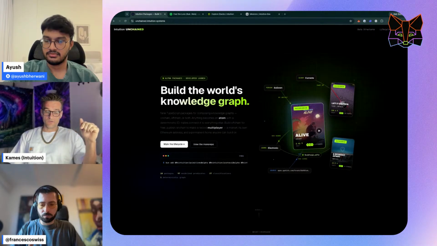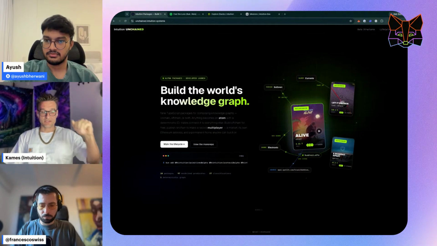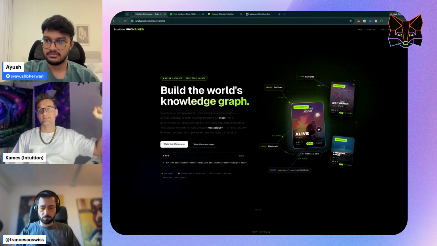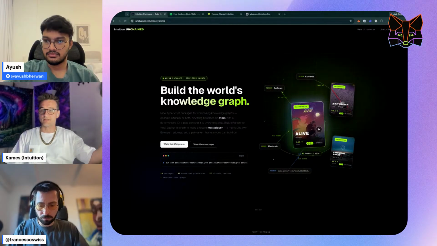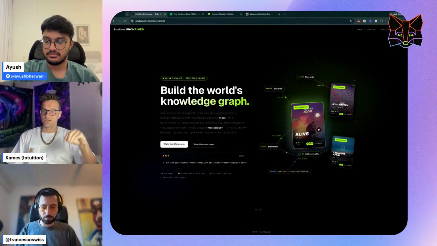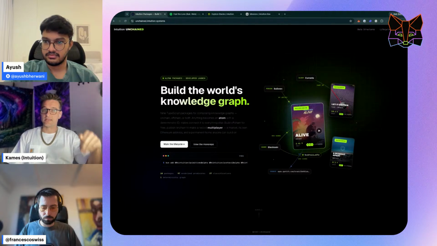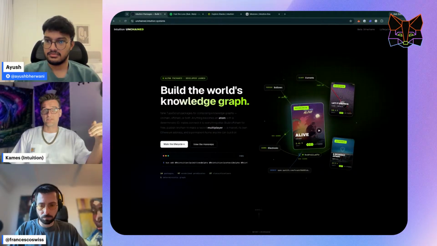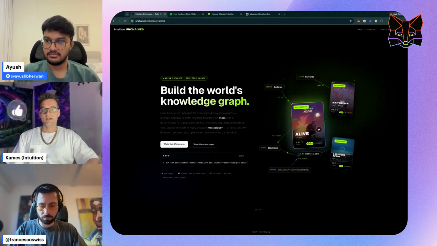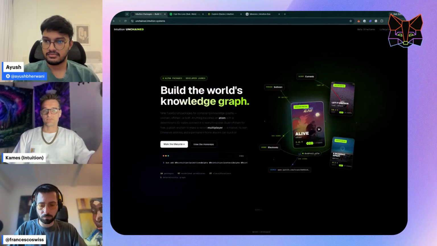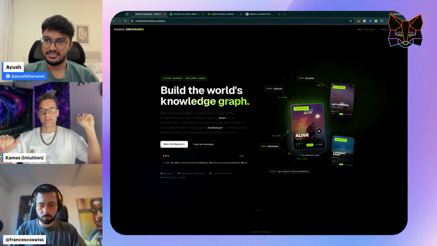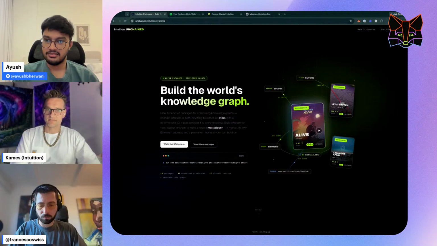But where we believe crypto is the most interesting is, we're not going to get that perfect. And so the way to overcome that is with markets, with capitalism: ultimately users decide what is the canonical reference or the canonical item, and they deposit on it. They show that through trust. And so that's one of the key pillars of Intuition. Our thesis is that the world is messy, and markets are one of the only viable solutions to help determine a messy knowledge graph, right? How do you make sense of it? So it's a two-pronged approach: a bit technical, and then the market and crypto side of it, deciding which are canonical items.